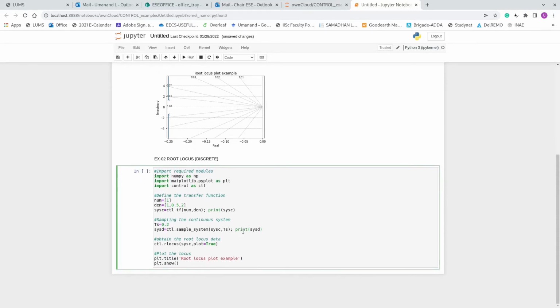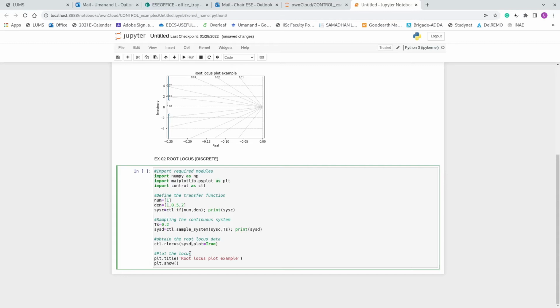Then when I plot the root locus, now I will plot the discrete. When you plot the discrete transfer function, you expect that it should come on a unit circle, isn't it? The discrete transfer function maps onto the Z plane. On the Z plane, the unit circle is the bounding line between the stable and unstable region of operation, just like the imaginary axis for the S domain on the S plane.